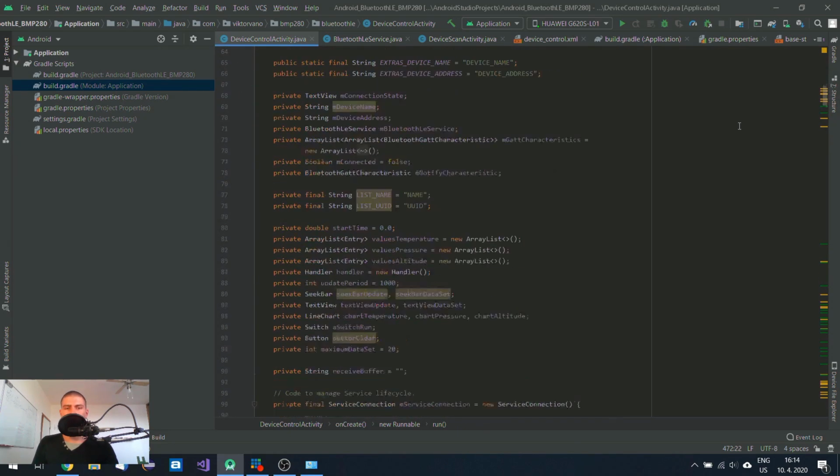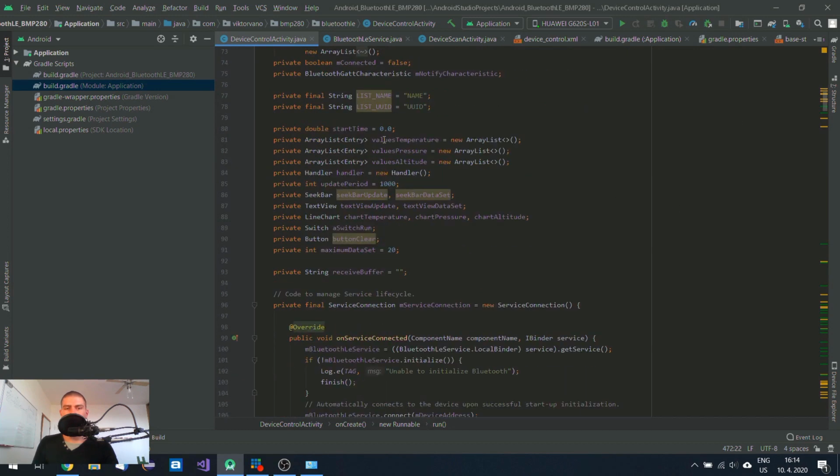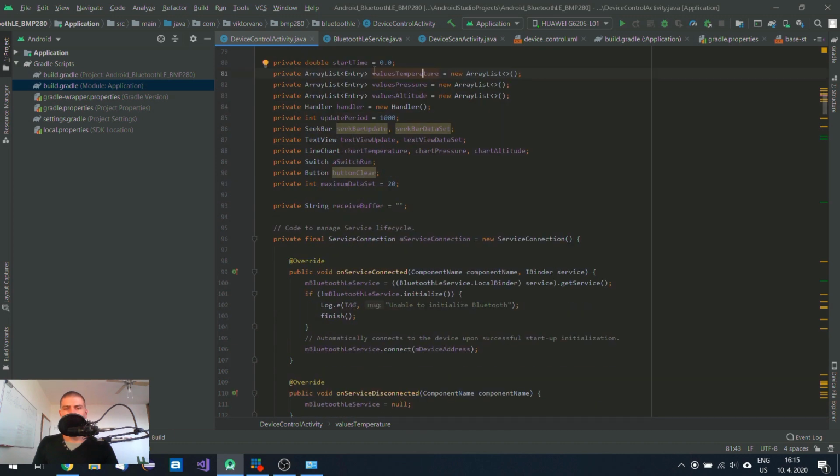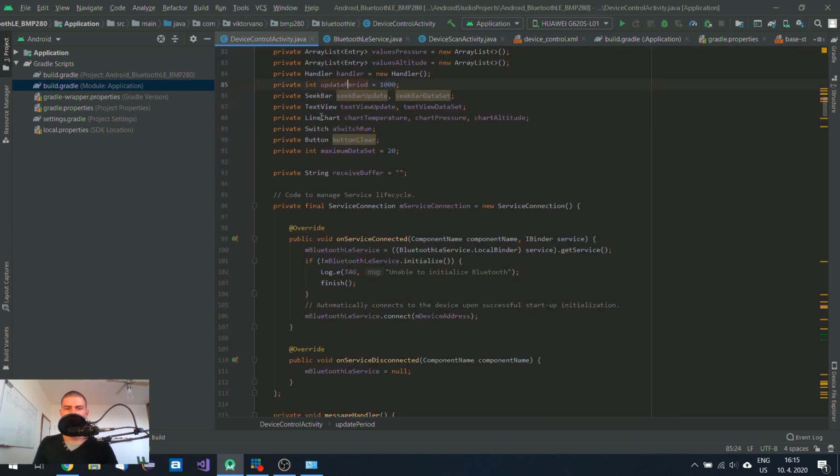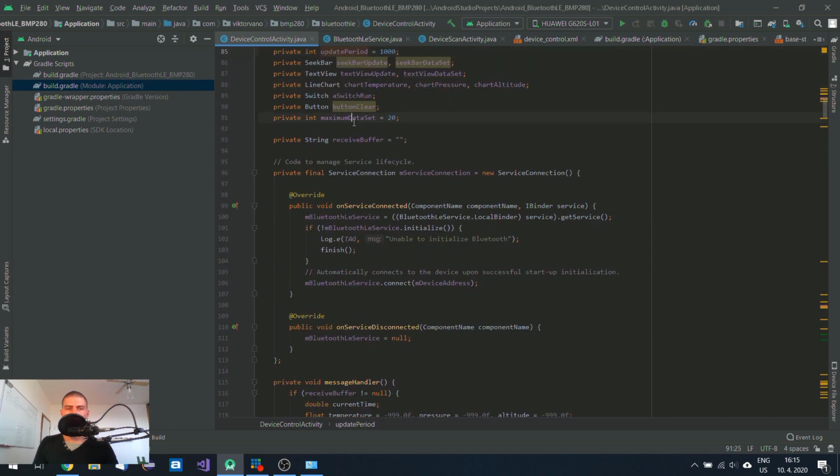So basically over here I control all the activity. I use ArrayList to collect those data points, those data sets, and they are made of entries. I have separate array lists for temperature, pressure, and altitude, and to periodically update those charts and send that request to my Bluetooth server, I use this handler. By default I have selected this update period to 1000 milliseconds. So it's a 1 second period, and I have a few objects, as you can see over here, and I have